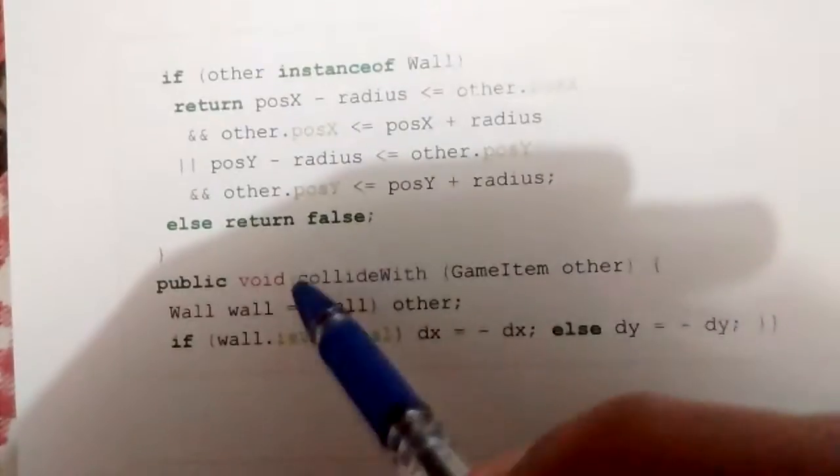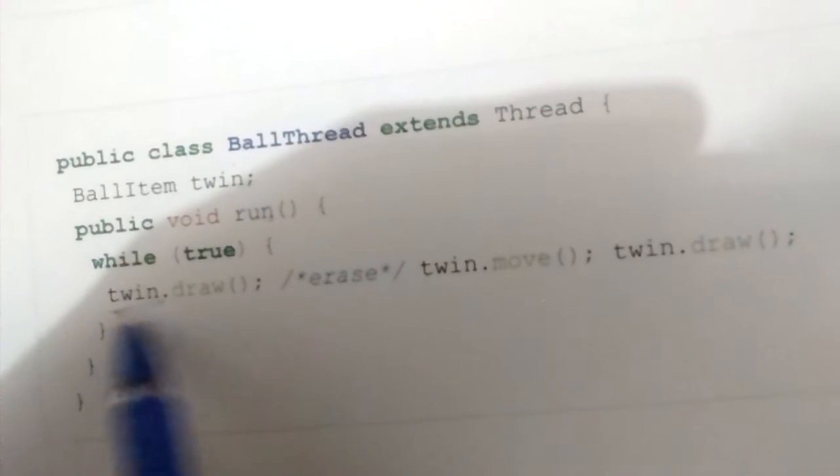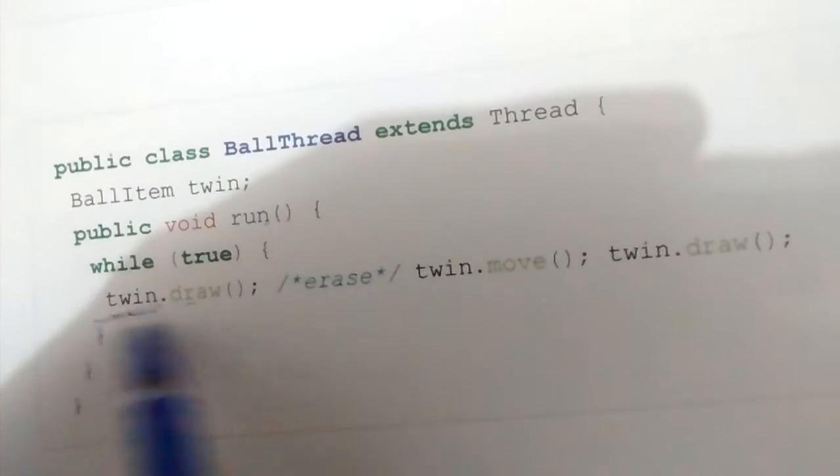So let's see our ball thread class. It is again having a ball item twin. So these are both complementary. The first one is having the second as twin, the second is having the first as twin. And in this run method, it is actually talking to its twin and asking it to draw.